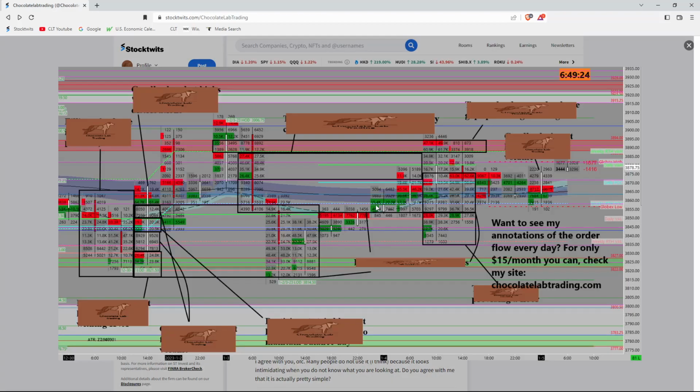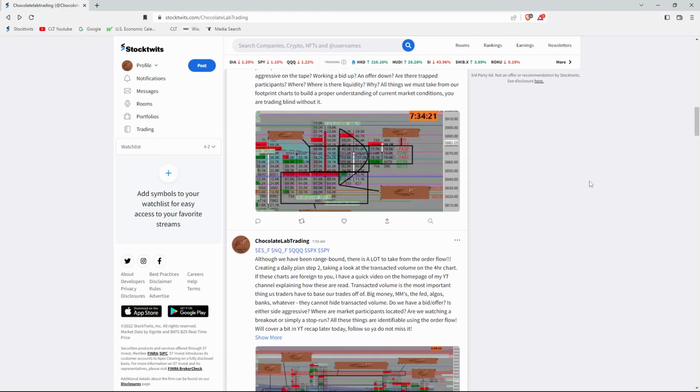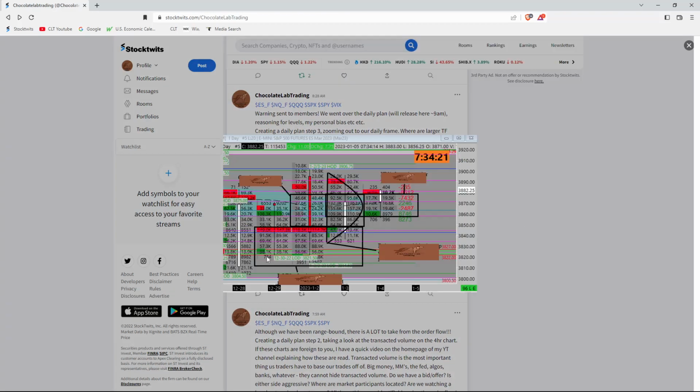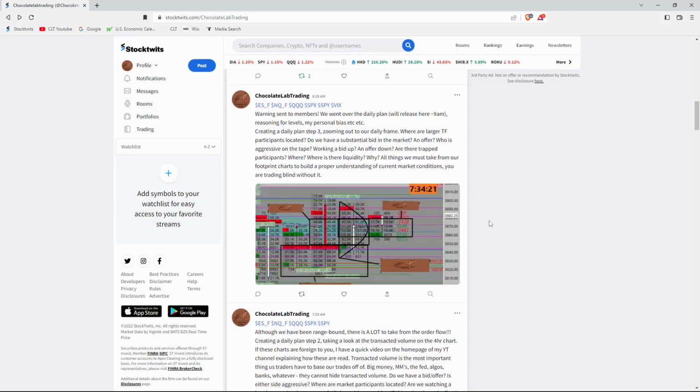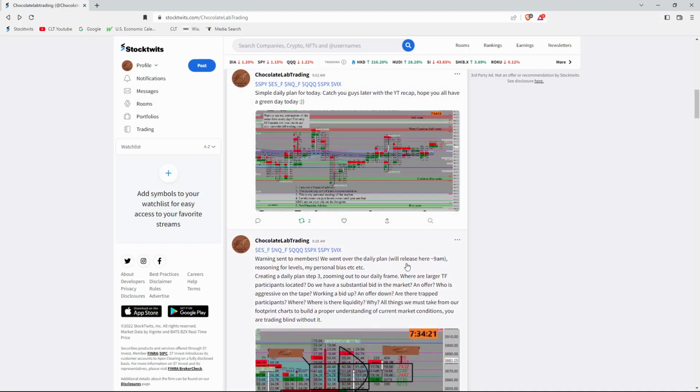From the TPO, we go over here to the 4-hour footprint, and I analyze the same thing I do with the TPO. I mark up everything that I'm seeing, and I'll send it out into the Discord room. Then we go to the daily chart, and I do the exact same thing. After that, I post a video on our website going over the daily plan, the reasoning for the levels,